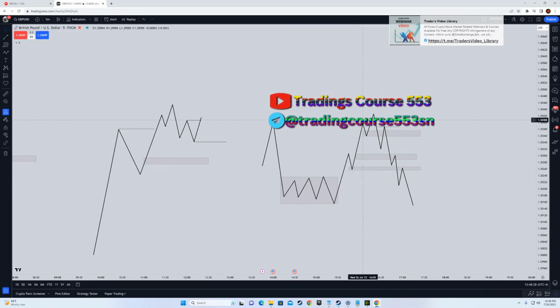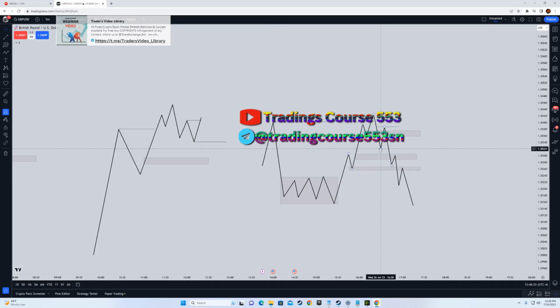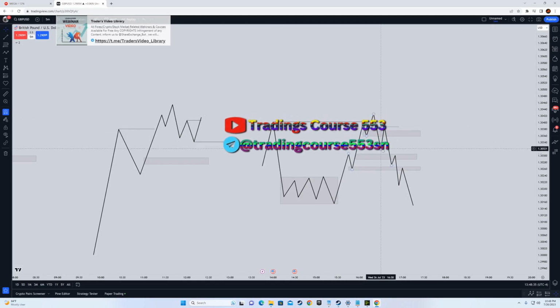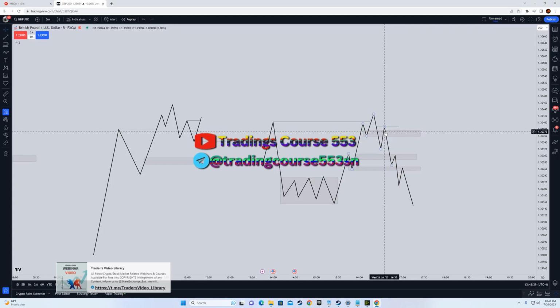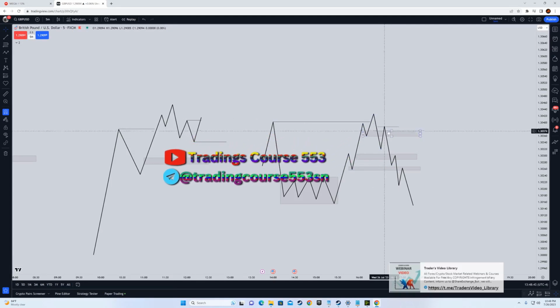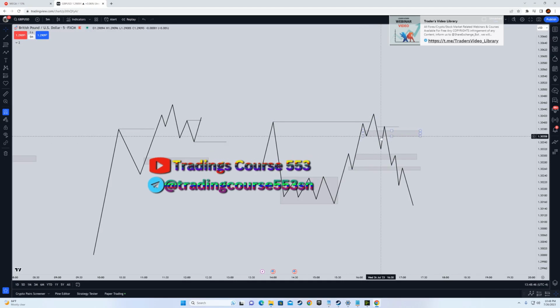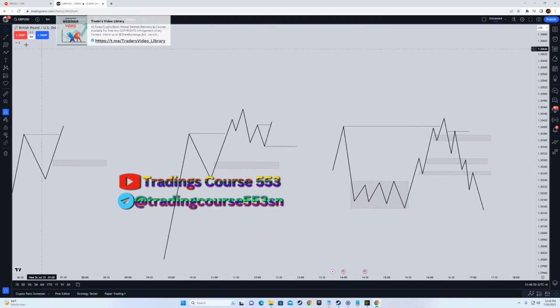So now when price takes out the high, we look for a market structure shift on the 5-minute time frame, right? From here onwards, when you get a market structure shift, what you can do is look for a second distribution entry model, right? You can do that, or you can just simply enter from the fair value gap that forms here or the order block. Okay, so the continuation is mostly going to happen from